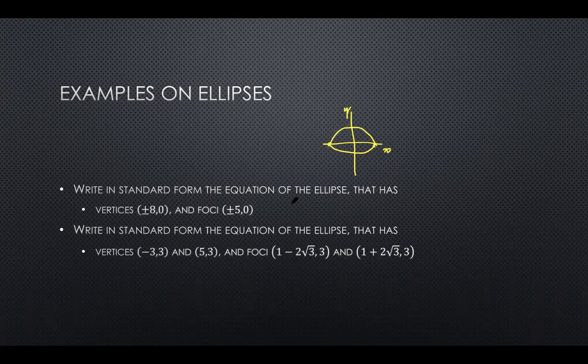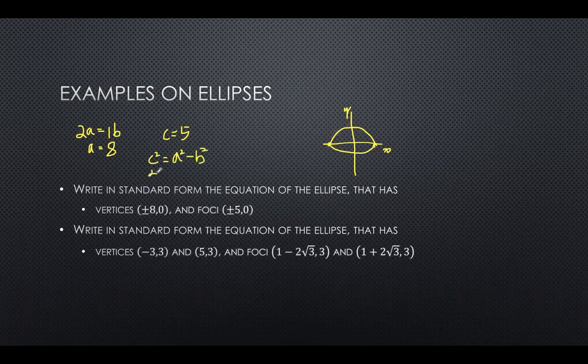So that means the length of the major axis, 2a, is 16, so a is 8. Okay, and the foci are at plus and minus 5, so in this case, c is 5. Because you have a and c, c squared is equal to a squared minus b squared,